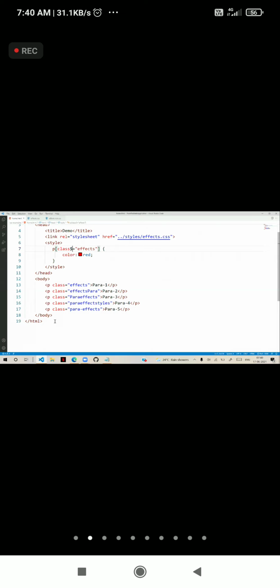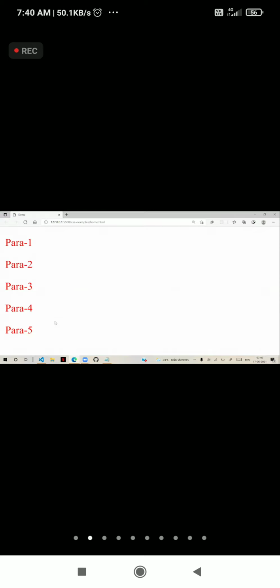So that is ending with. Then it will apply for all of them. So that means para 1, para 3 and para 5. That is ending with. Start with, end with. Now if I give here asterisk, this indicates any occurrence, any location. It will apply to all paragraphs. Asterisk indicates any location, so it will apply to all paragraphs. It's going to define the paragraph.